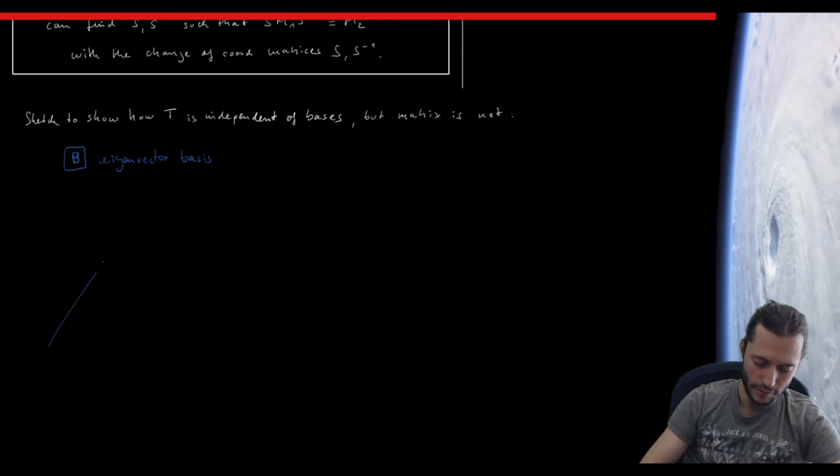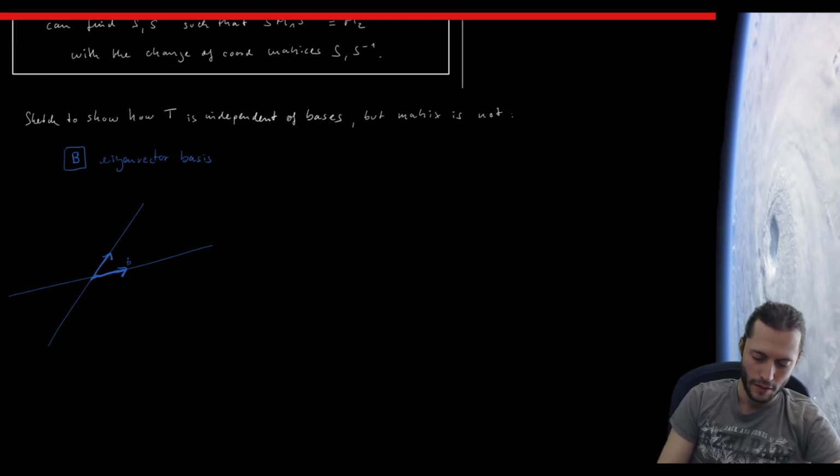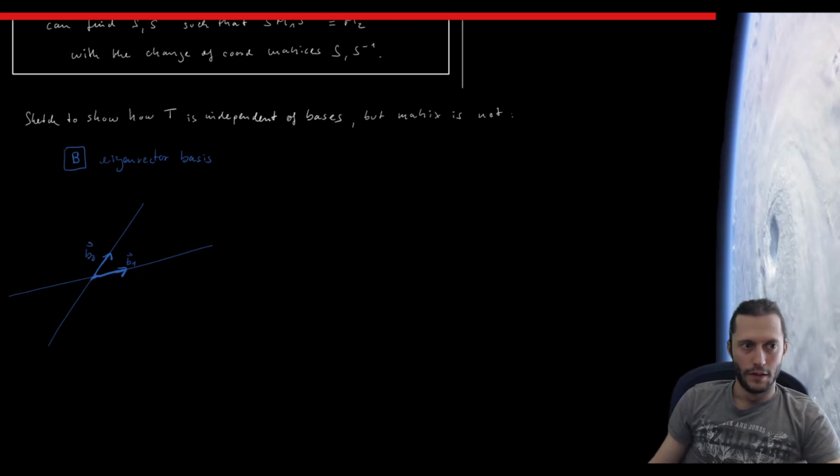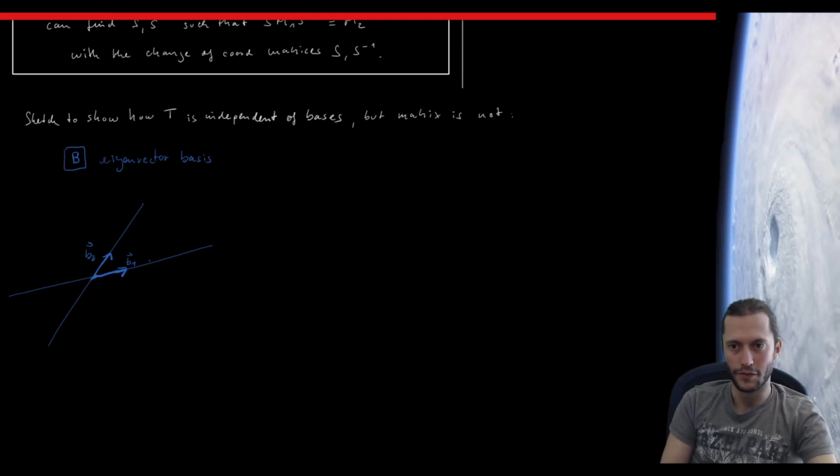Let's say this looks like that, where this is B1 and this is B2. This is not to be seen in a 3D tilted way, but this is really R2, but a non-orthogonal basis. But it's a basis of eigenvectors, because